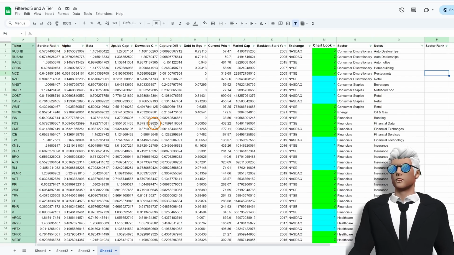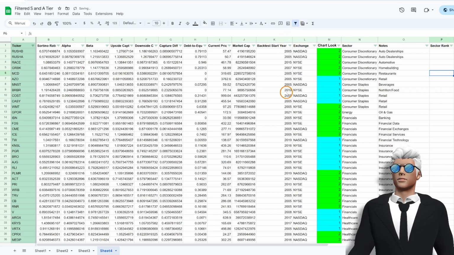This is just a Google sheet, nothing fancy. But I did have to go through several iterations to get to my final list that I'm still filtering down. But yeah, I did Sortino ratio. Alpha is basically the gain generation. So this is what you're looking for. Everyone talks about seeking alpha. They're seeking profitability. So essentially, this is how profitable this stock has been throughout its entire backtest history based upon